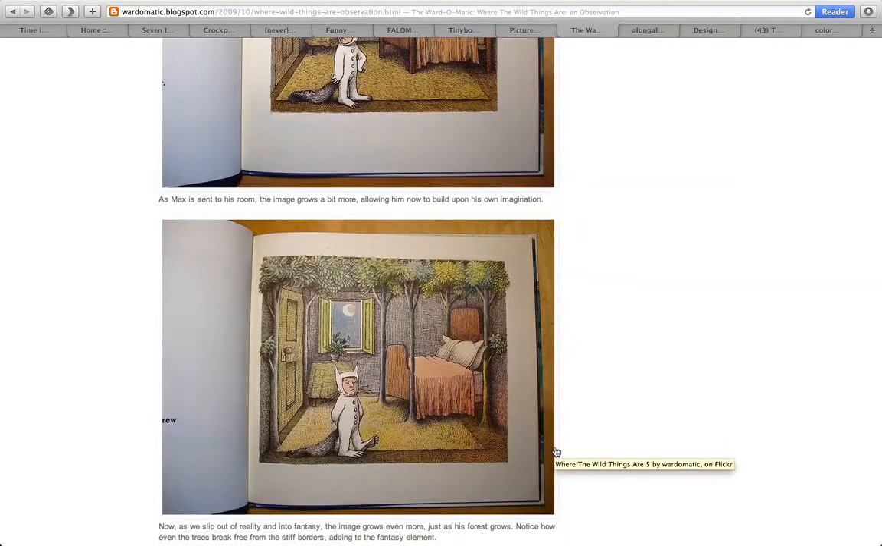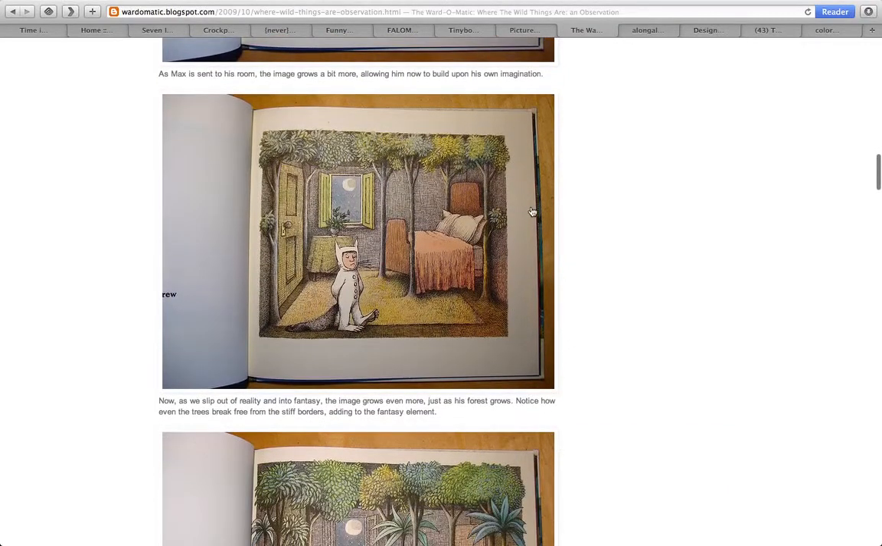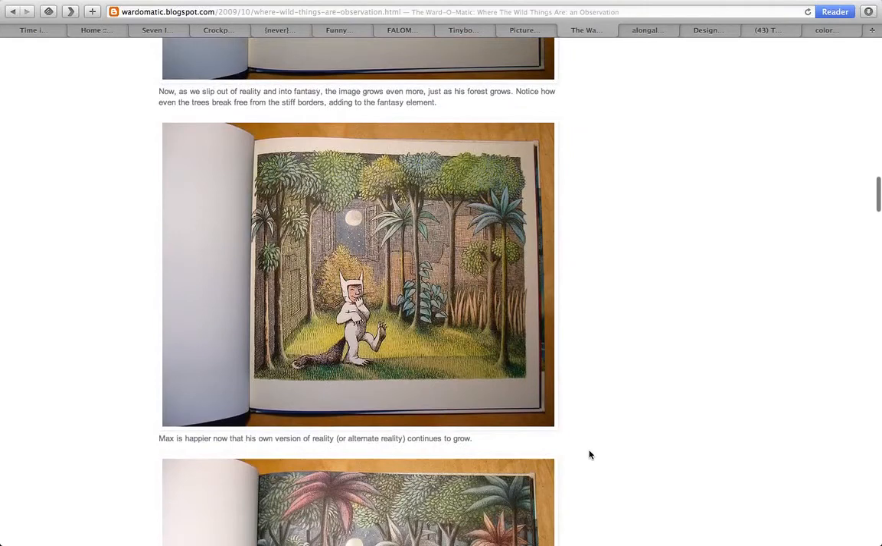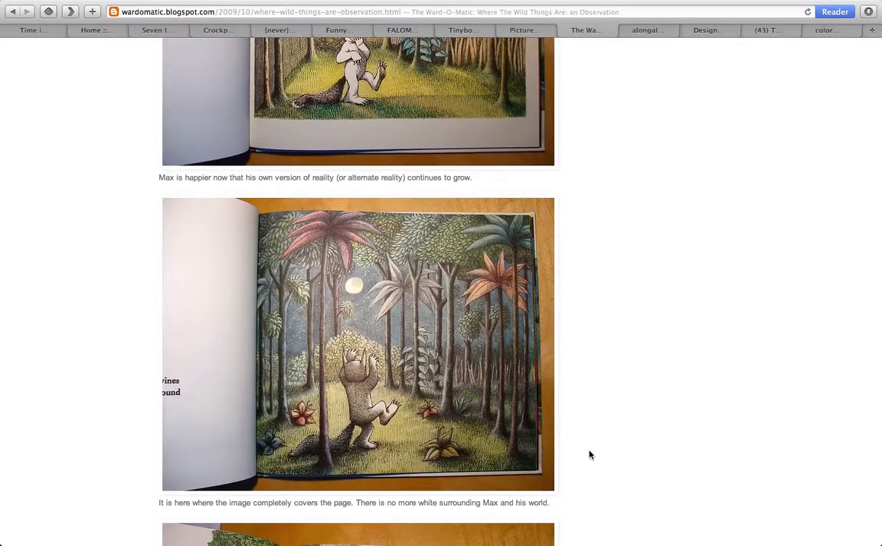And as he projects this fantasy world into his reality, this image is kind of growing by bounds, and it is taking over that white space. Even the little leaves on the trees are just barely breaking out of the borders, which is really, really lovely. So little by little, in his imagination, the picture is also growing, and the image is taking